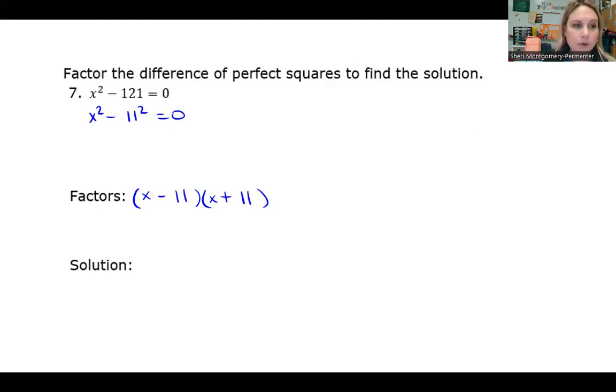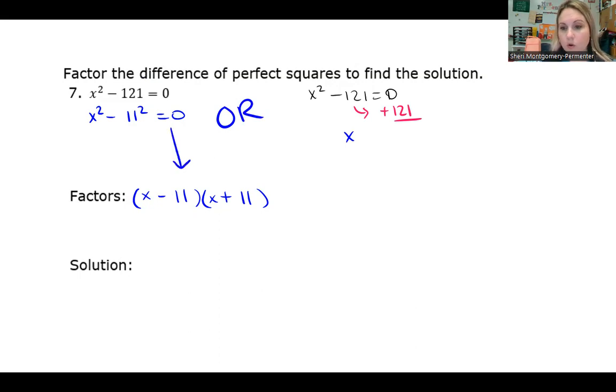Another way to solve this problem, which you didn't have to solve it like this, but you can, is that we can just go ahead and start solving. So if I have negative 121, I could add 121. This is two different ways to solve. Or, so this goes to this, or,